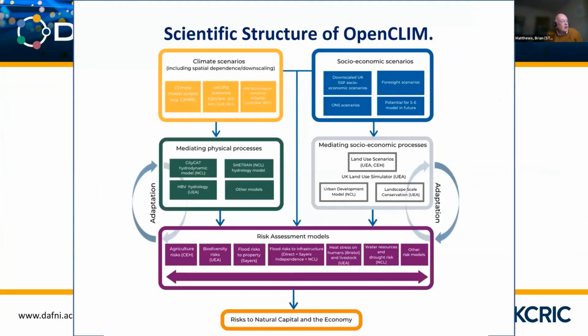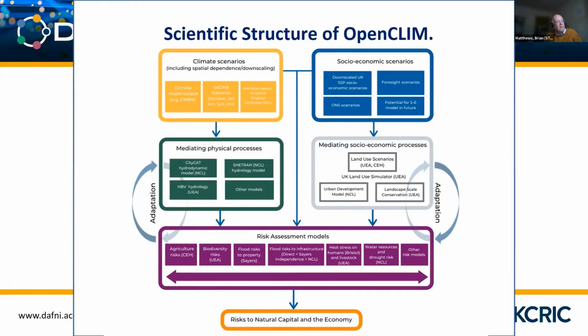What the project is trying to do, I'll run through very quickly, is take a number of climate scenarios, the future projections and various models involved with that, particularly UKCP18 data, which is called pre-computed scenarios, widely available from the Met Office. Then a number of social and economic scenarios, and taking those through what they do to the physical processes in the environment, and then taking a number of different risks associated with those climate change scenarios.